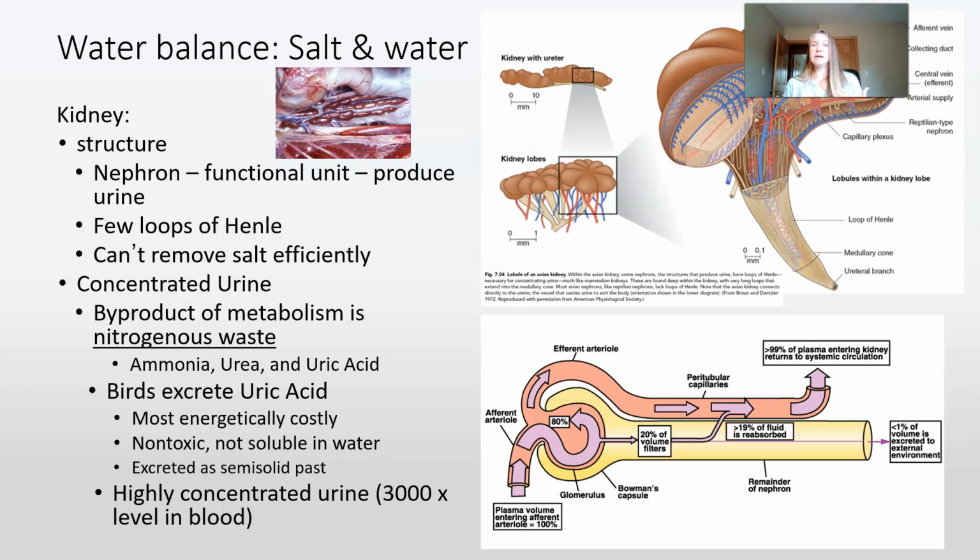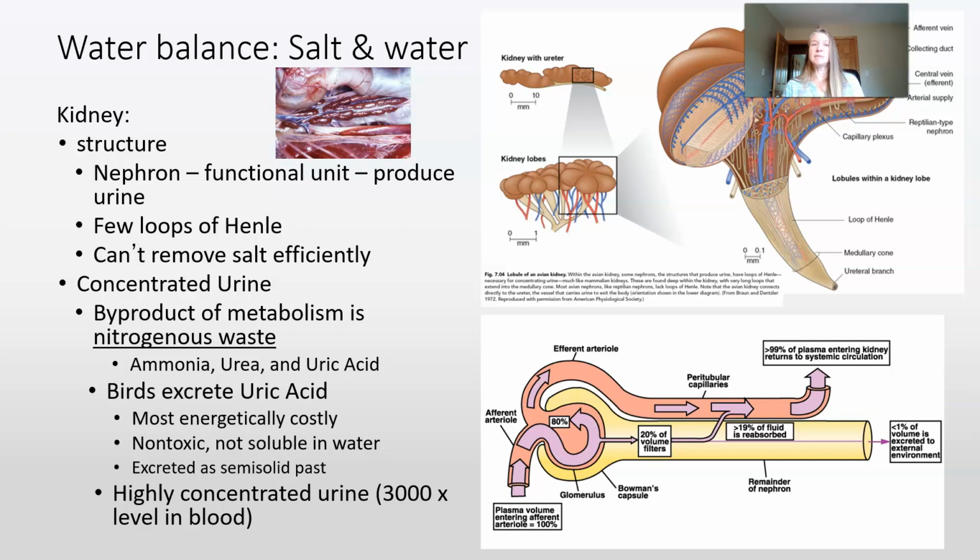The waste product could be ammonia, urea, or uric acid, okay? In comparative anatomy, we talk about these different strategies and energy costs and the environments that you live in. Overall here, birds excrete uric acid. So uric acid is the most energetically costly of these waste products to create. However, it's non-toxic, it's not soluble in water. So in an egg that can't get rid of nitrogenous waste, that waste is non-toxic to the embryo, and it's non-toxic to the adult bird if it's inside them.